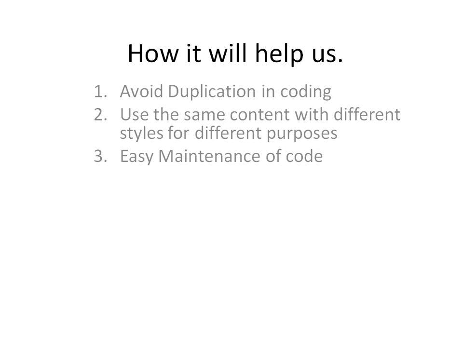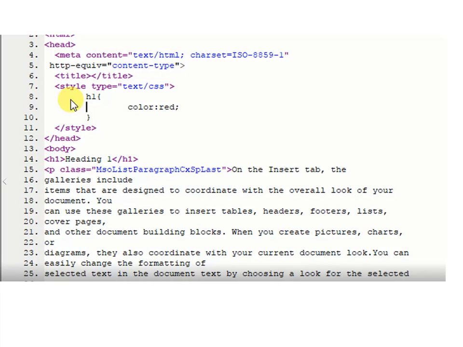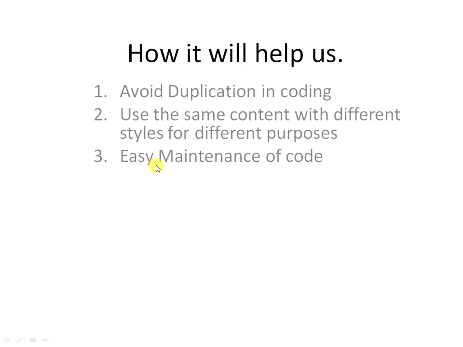Now, easy maintenance of code. If you are working in a company and you are told to change the formatting of your website, your data is always there, and you are also worried that by mistake your data might be deleted. If you are using CSS, maintenance is going to be easy, as you are writing only in one place, in the style tag, and you are getting output all over your web page. So maintenance is also becoming easy. This is how CSS is helping us.